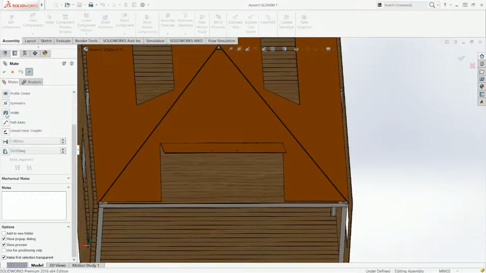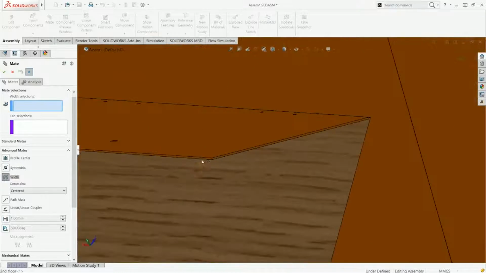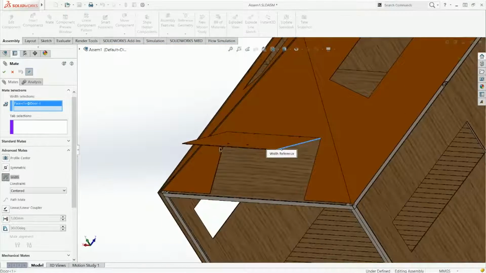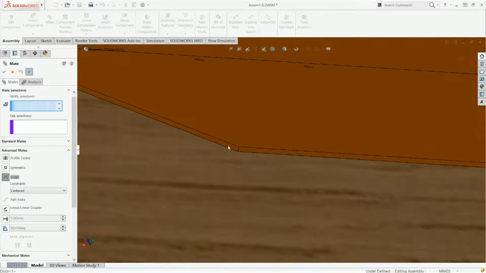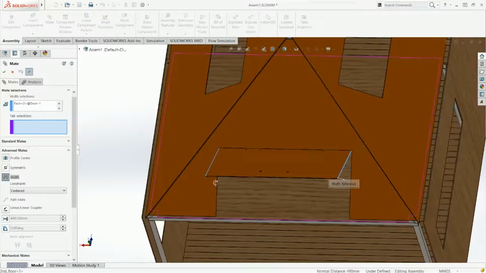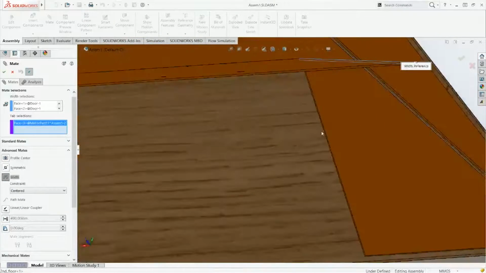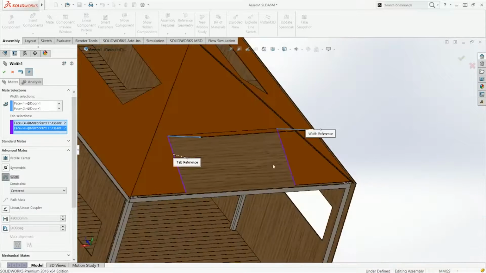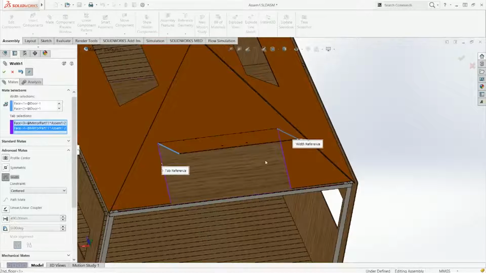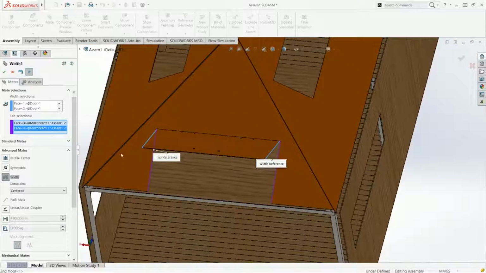it's called width mate, which is kind of the same. The only difference is that instead of a middle plane, you can select a virtual middle plane that's created by two faces. So the two first faces will be these ones, and as you can imagine, you can have a middle plane between these two faces, and then that middle plane is going to be coincident with another virtual imaginary middle plane that's going to be there. So as you see, the blue ones create a mid plane, and the purple ones create another mid plane, and